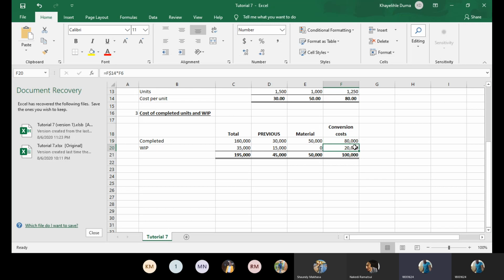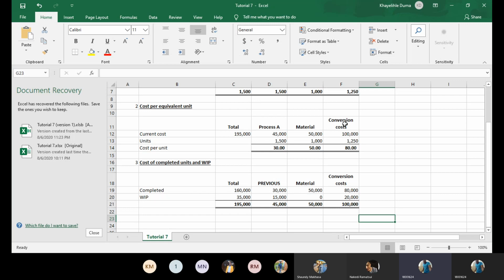I'll copy this table, but I will not copy this table. I will add the approach that I was talking about myself, because this table just completes the job done by these tables. But then I will share this solution. Then on that one that I sent, I will add the approach that I was talking about to show you that the amount at the end will still be the same. To explain this one, you'll simply say completed on this line, work in process. Then the total will be this one.